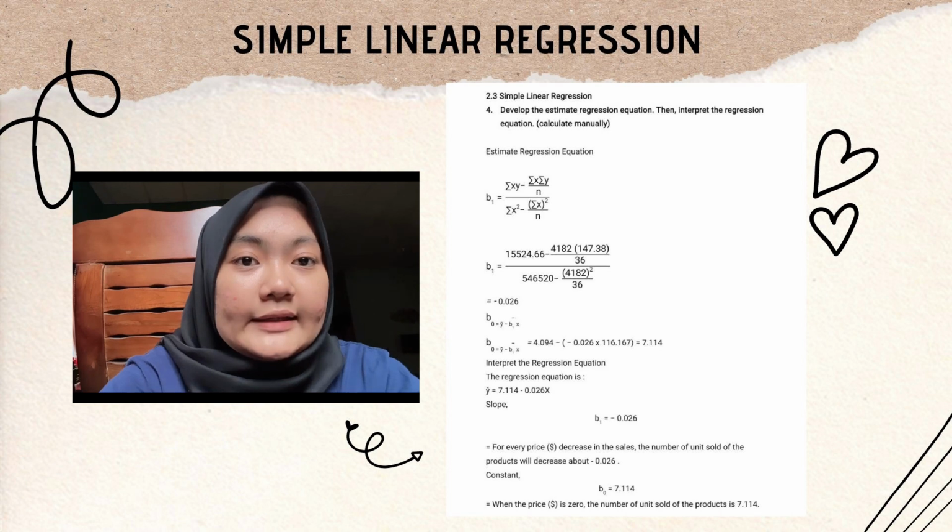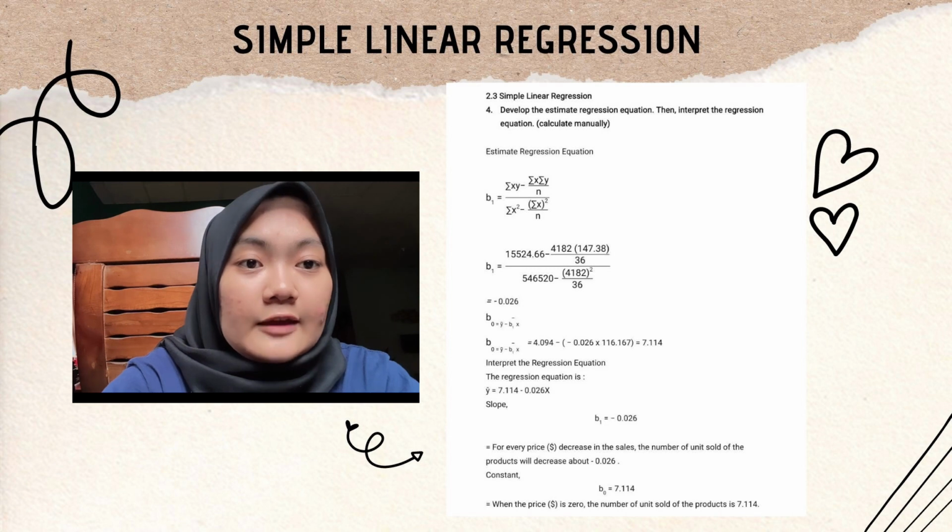For B0 equals y bar minus B1 x bar, equals 4.094 minus in bracket negative 0.026 multiplied by 116.167, and the answer is 7.114. For the solution, the slope is B1 equals negative